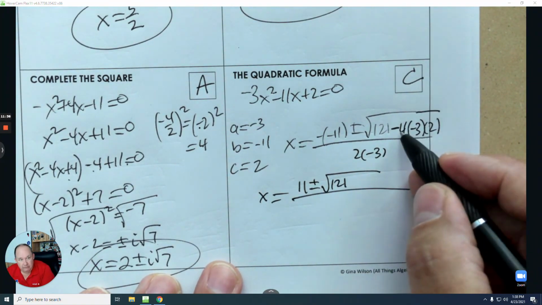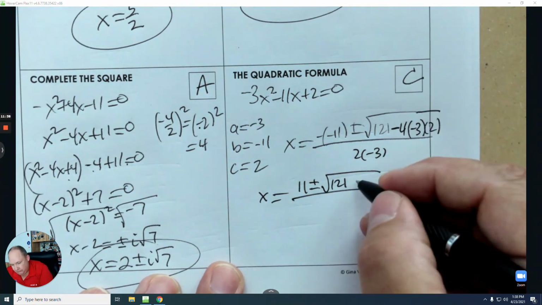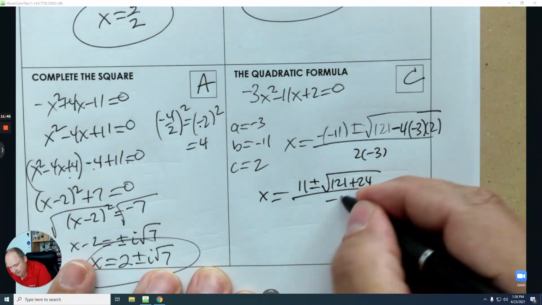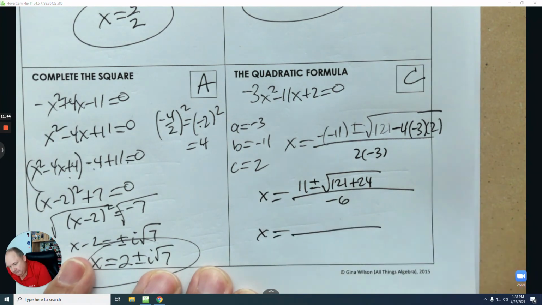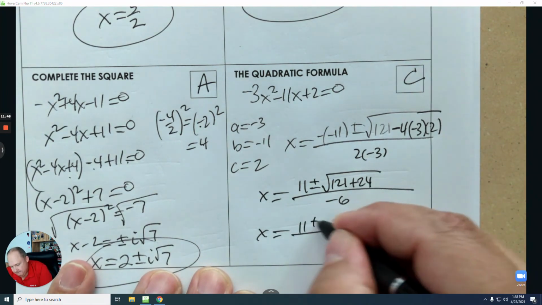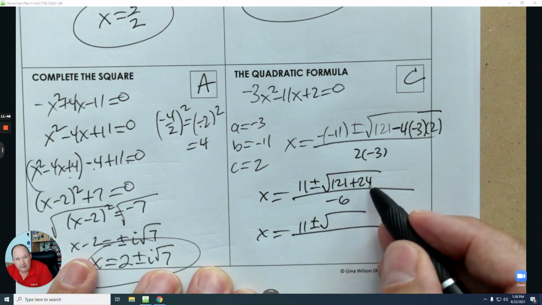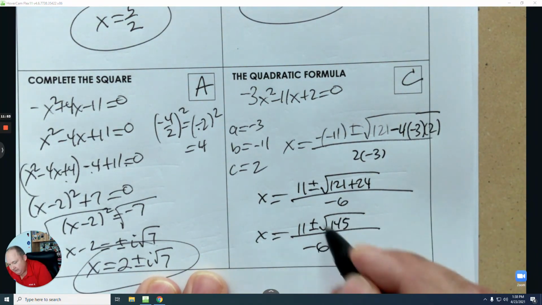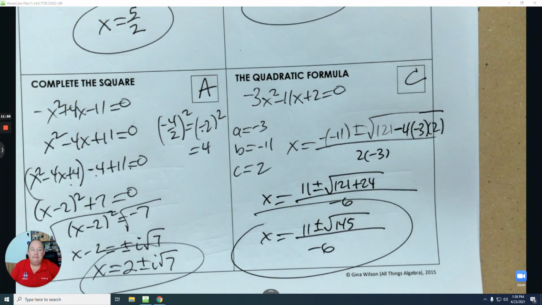Negative times a negative is positive. So that's 12 times 2, positive, that's 24. 121 and 24 is 145. That's prime, and it's over. So the answer is 11 plus or minus the square root of 145 divided by